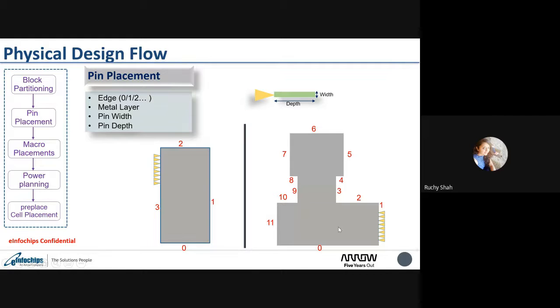Here you can see in the case of a rectilinear floor plan, how many edges there are, starting from 0, 1, 2, 3, 4, 5. There are lots of edges, a total of 12 edges here. The design challenges in a rectilinear block are quite large. If you have any questions here, you can interrupt me anytime and ask. Otherwise, I'm going to continue. So it is better to make it interactive. If you have any doubts, you can ask me and stop anytime.